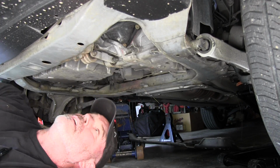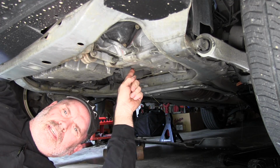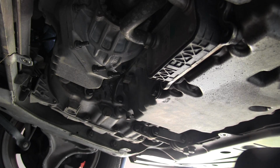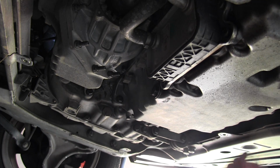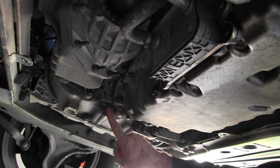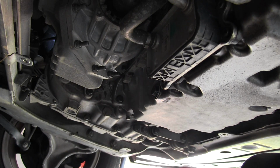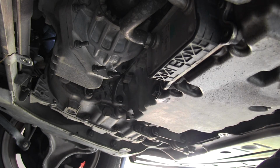And that is right here. I don't know if I can get... Maybe I can move the camera a little bit. Alright, well I moved the camera around so you can see the drain plug right here on the transmission. Got a drain pan under here, paper towels at the ready, and